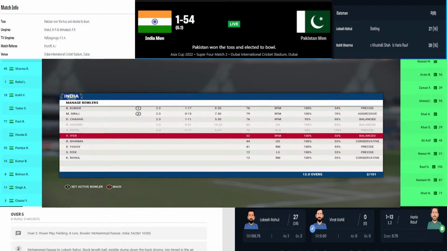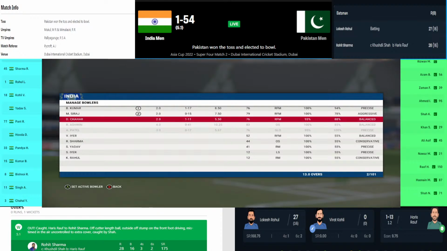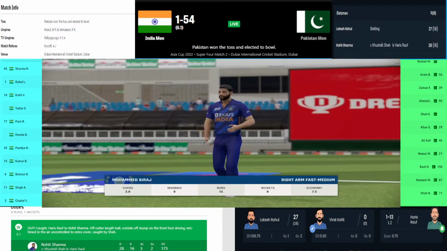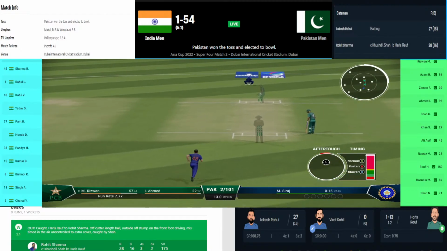So the delivery was not very good, man. It was a decent delivery, not very good, not very bad, but the shot was horrible from Rohit Sharma at that instance. Now, second delivery coming up. Virat Kohli is the new man, and let's see what he will do. Virat Kohli is against Haris Rauf, but there is some stoppage in the play.